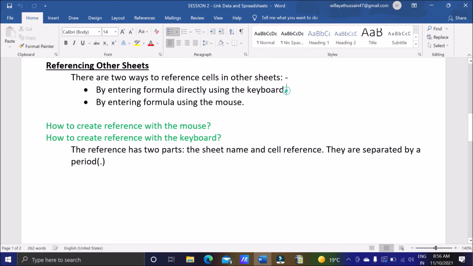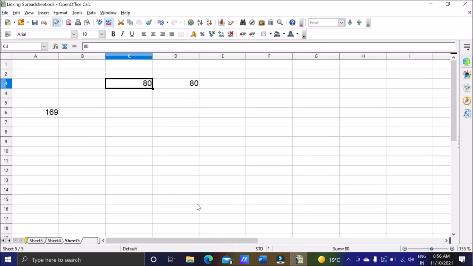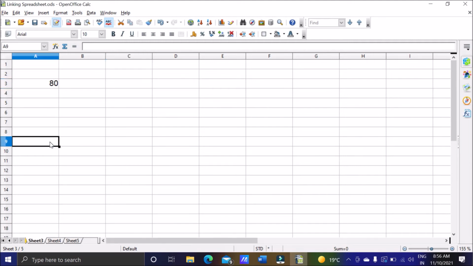Now using the keyboard. Right now we have understood how we can create a reference with the mouse, and using the same method we can just type the reference with the keyboard also. So for example, in sheet number 3 in A9 I have 100, and in sheet number 4 in A3 I have 102.